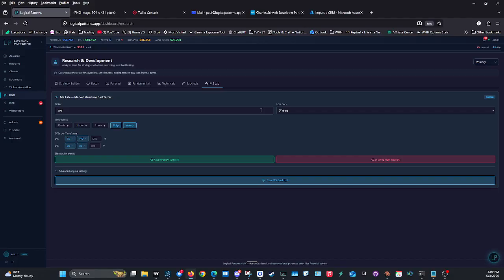Bearish market structure would be lower highs and lower lows, right? And so essentially that's telling you that you're in a downtrend. So I'm going to show you this. Eventually I'm going to give you this, but this is still in process. But essentially what this gives is